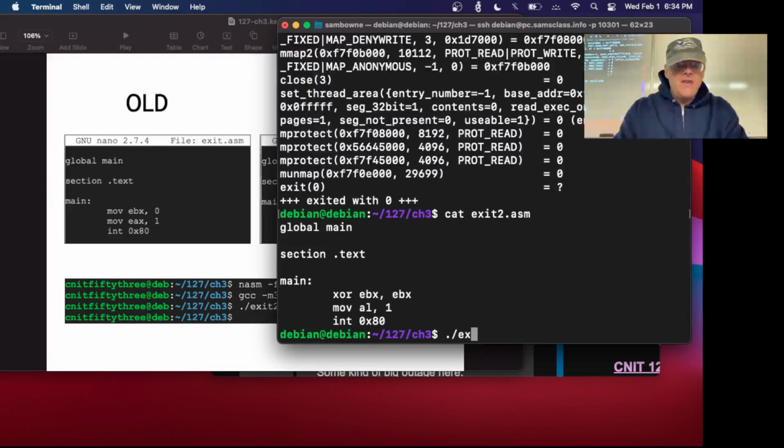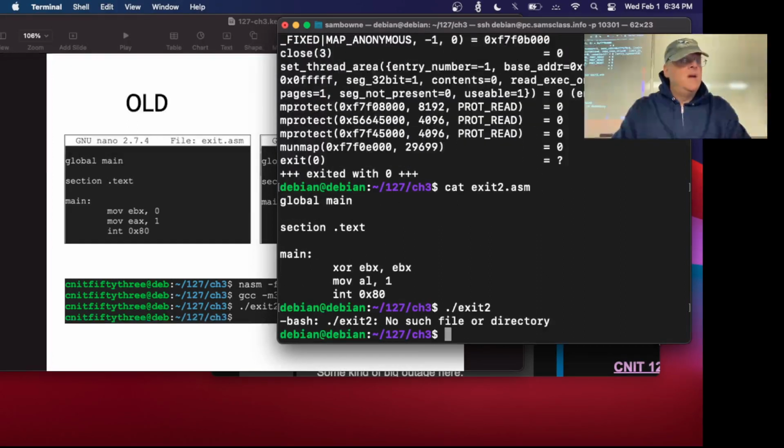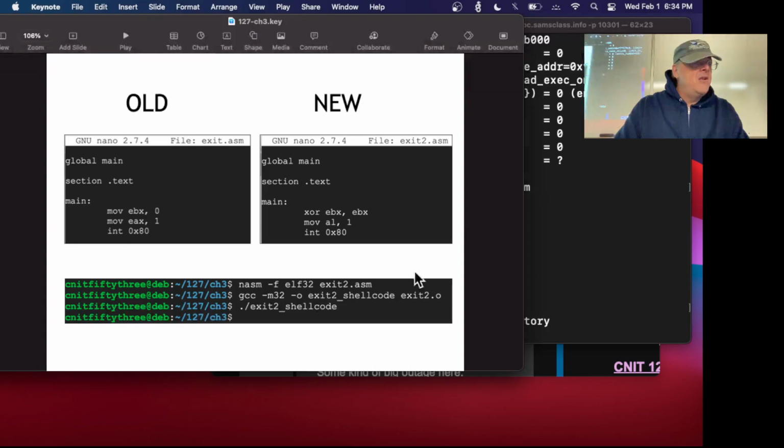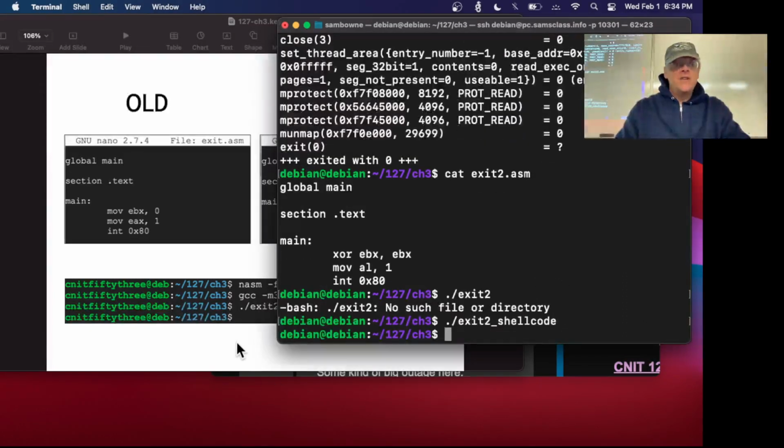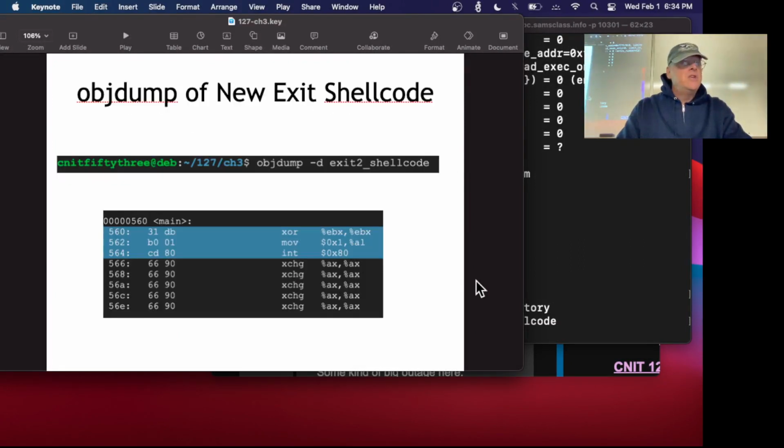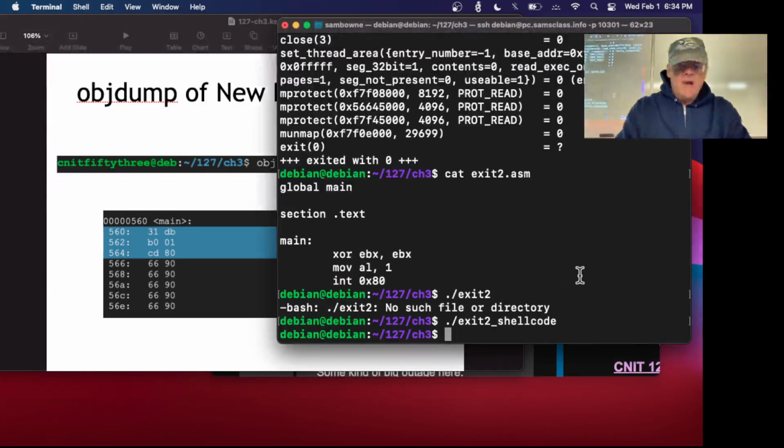I make exit 2. All right, looks like I've got to make it again somehow. Exit 2 shellcode. Okay, exit 2 shellcode. All right, there we are. It runs and does the same thing. But what's more interesting, of course, is to look at the objdump of it. So objdump